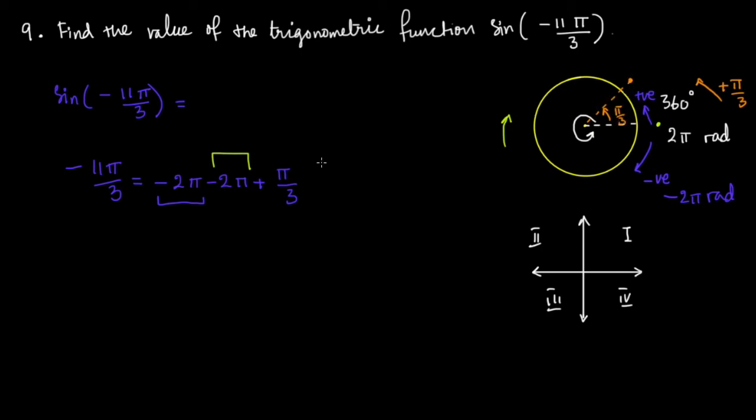So in essence, sine negative 11 pi by 3, you can write it as sine pi by 3, because after a full revolution around the circle in the anti-clockwise direction and then clockwise, we have arrived at this point, right? And sine pi by 3 is equal to root 3 by